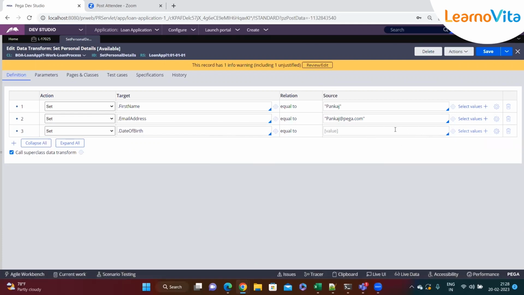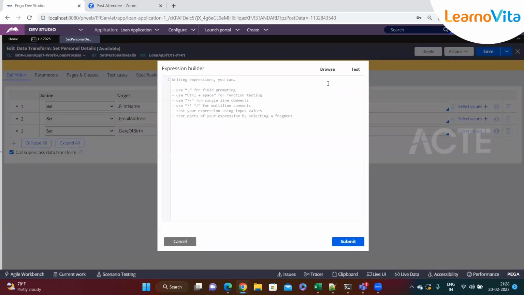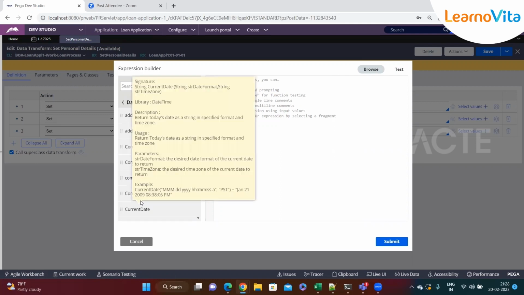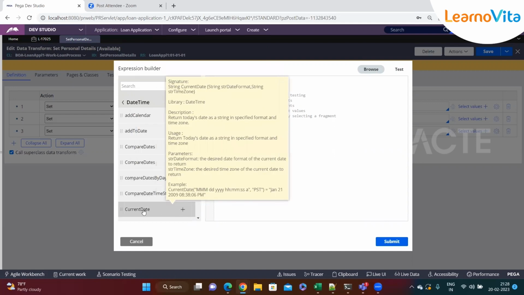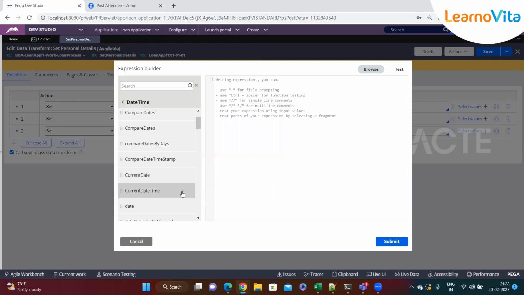Now if you want to see what the functions are and how to find them, you just click on this gear icon. Once you click on that, and then click on browse, you can see all the functions, written in Java, which will perform some task. For example, you have date time. Here you can see current date, and if you come down, the current date time. So if you add it, and then test it,